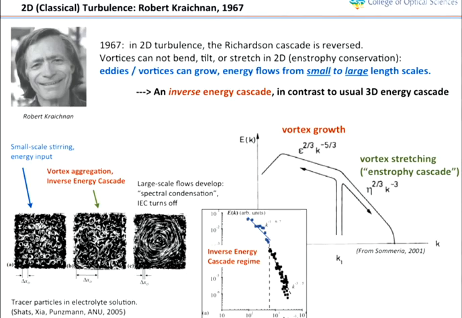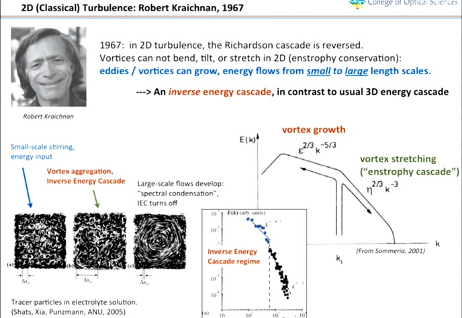Okay. In the 1960s, Kraichnan took a completely different approach and did a full theoretical analysis of two-dimensional turbulence, and he showed that the Richardson cascade is reversed in two dimensions. Instead of the Richardson cascade in three-dimensional turbulence, where vortices break into ever smaller bits, in two-dimensional turbulence, vorticity grows through the process of merging. And in this process, energy will increase from small length scales up to large length scales, the opposite of what occurs in three-dimensional turbulence. This energy cascade process is an inverse cascade, inverse with respect to the direction of